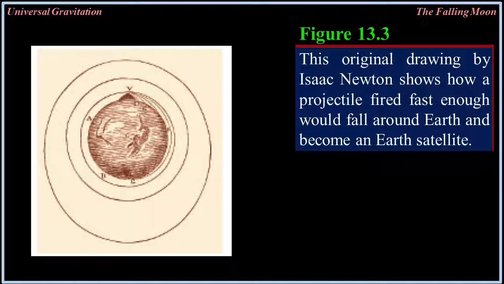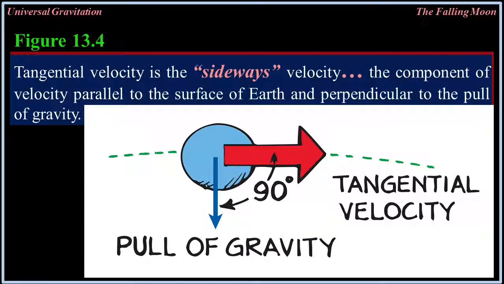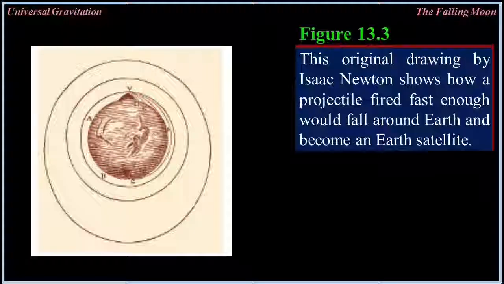Newton illustrated this in a drawing in figure 13.3. Both the orbiting cannonball and the moon have a component of velocity parallel to Earth's surface. This sideways or tangential velocity, as illustrated in figure 13.14, is sufficient to ensure nearly circular motion around the Earth rather than into it. Figure 13.3. This original drawing by Isaac Newton shows how a projectile fired fast enough would fall around Earth and become an